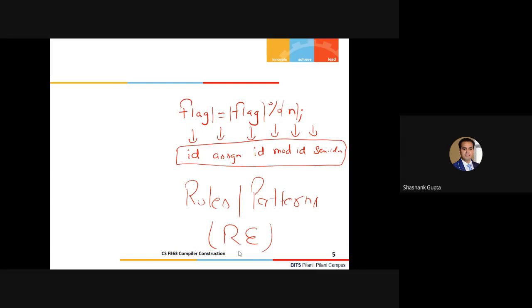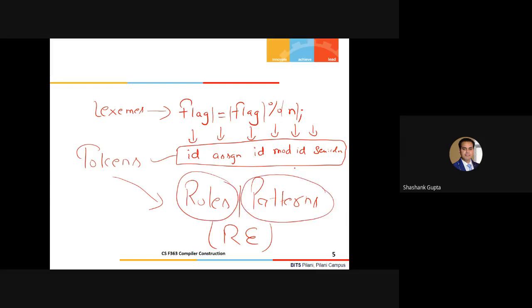So the three things we require here: one is these generated set of tokens, and the actual values associated with these tokens, the actual strings associated with these generated tokens. In the compiler context, we generally call these strings lexemes. And for generating these valid set of tokens, I require a certain set of rules or patterns, I mean, some set of policies. So these three things, we must know what actually is the identification.